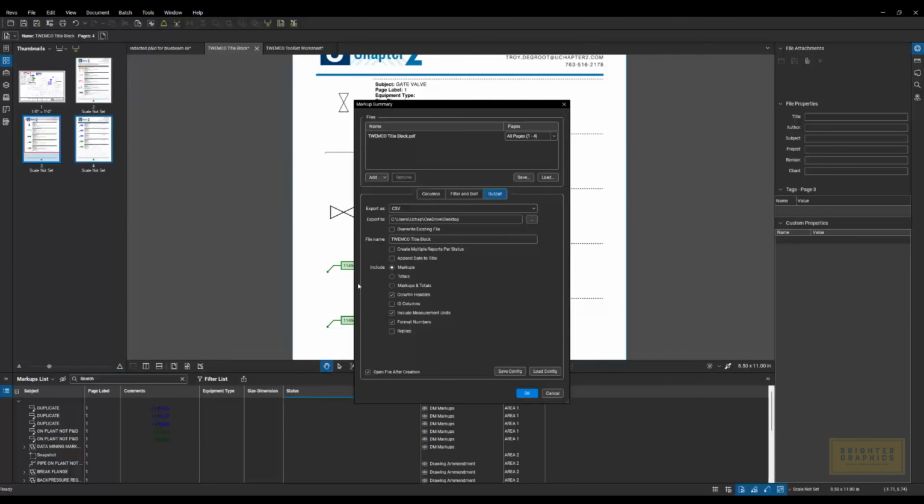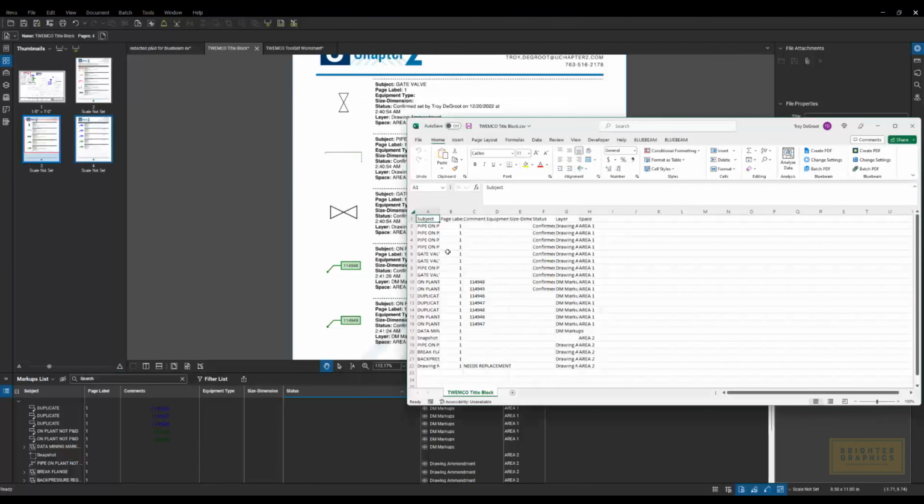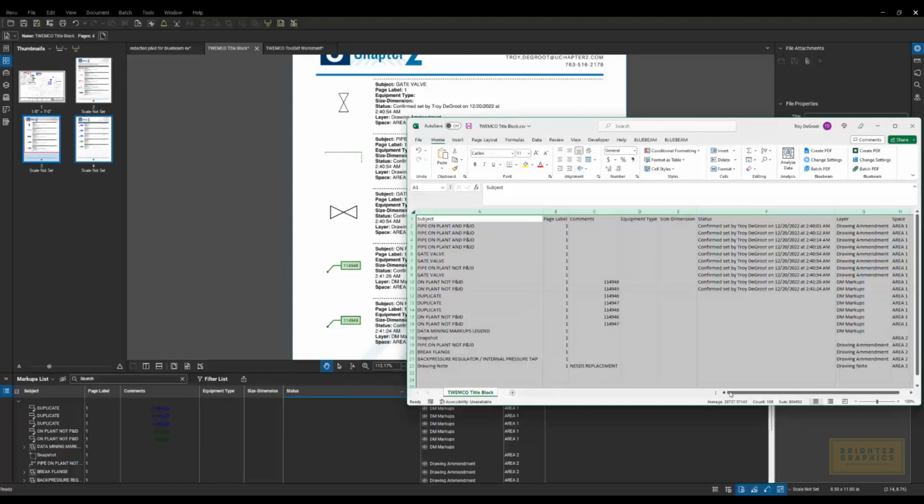Same thing if I did a CSV. So if I do that, here I can choose whether I want just the markups. I'm going to do that. We're going to say OK. It's going to open up Excel and show me basically a duplicate of my markups list, except now it's in our Excel format. So depending on your workflow, this might be extremely valuable to you in how you digest that data that